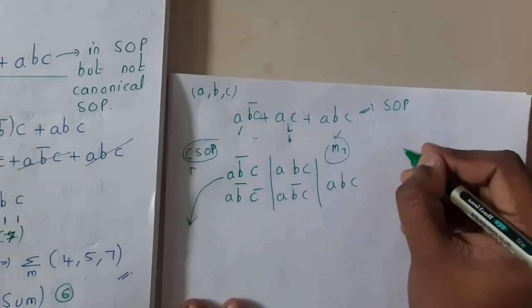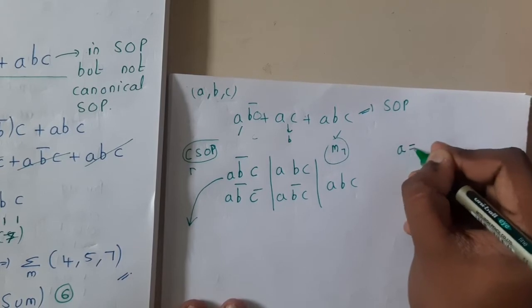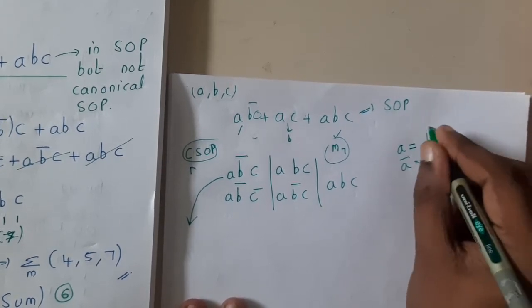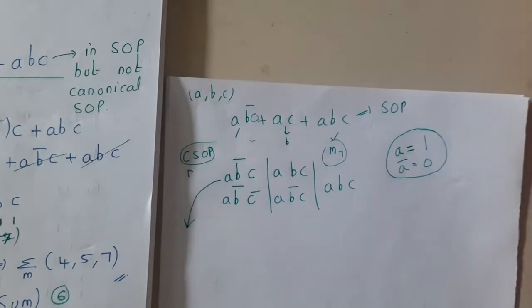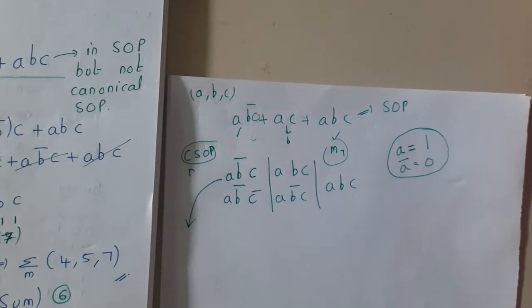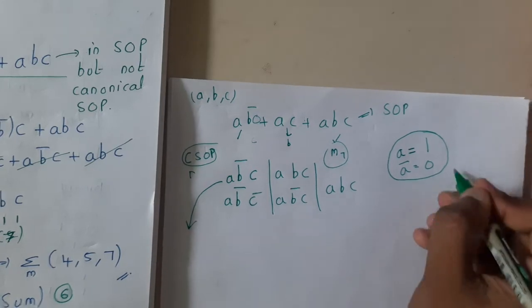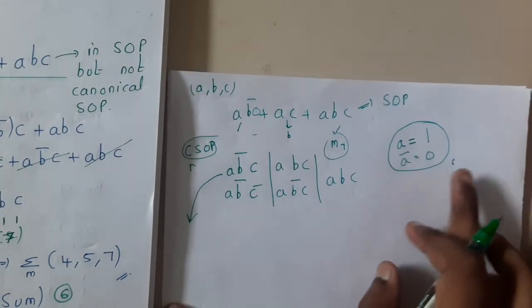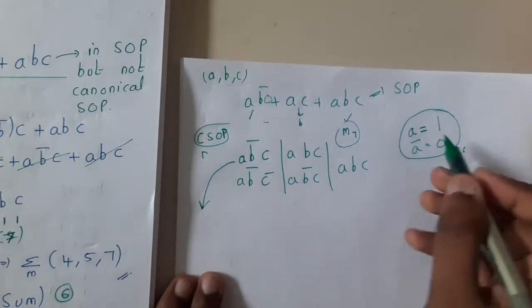Yes. Before going into the trick, first you need to remember what A is, guys. It is 1. What is A bar? It is 0. Guys, it is better to remember these, because if you try to remember the logic in the examination, sometimes you might get confused. That's the reason to just remember them. So A is 1 and A bar is 0. Now write this in terms of this pattern.